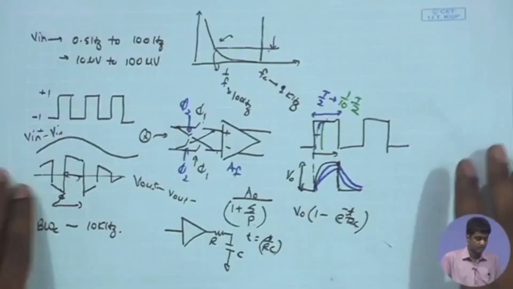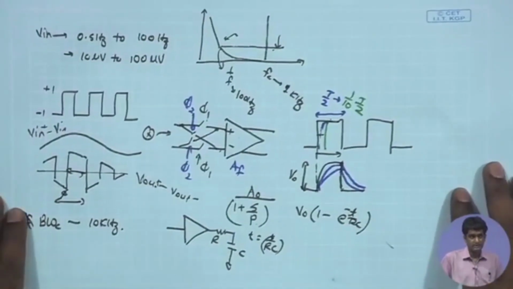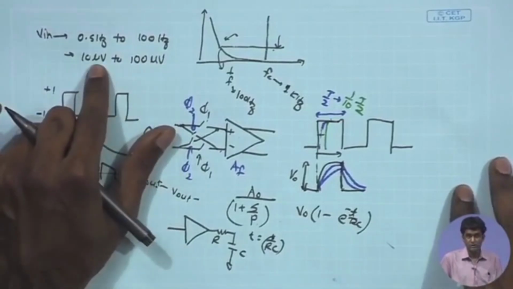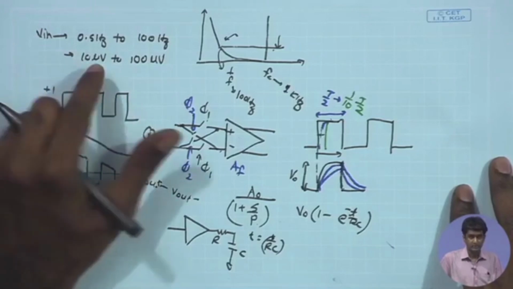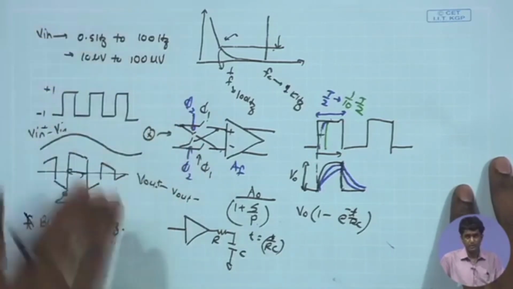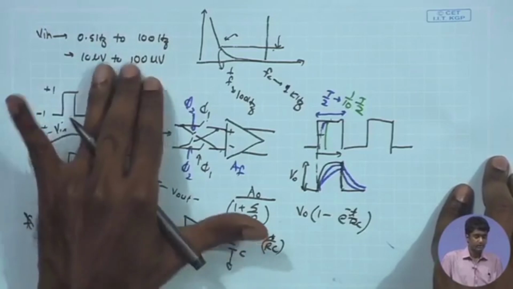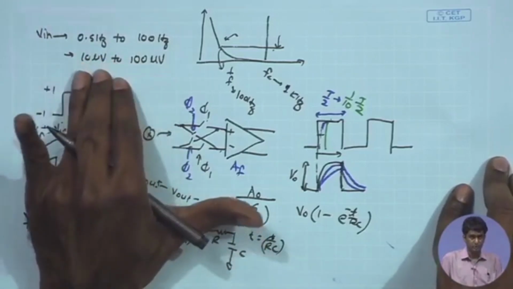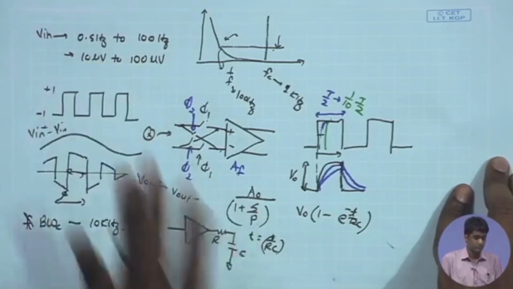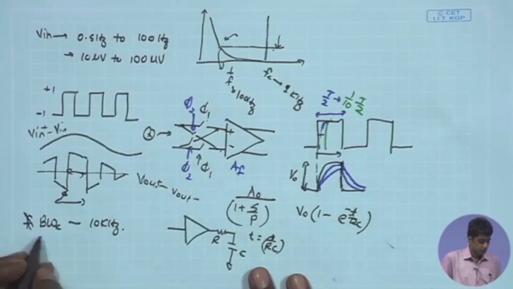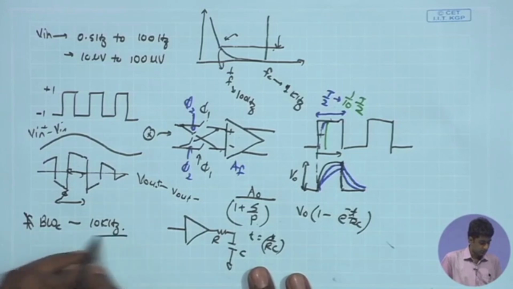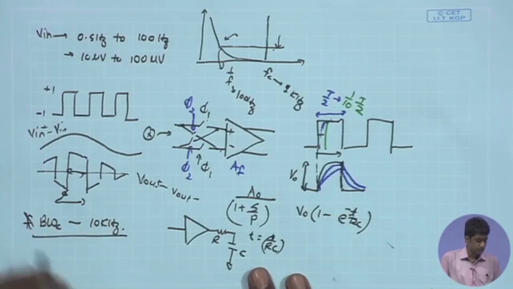If we are talking about some other signals like an ECG signal, for example, there the amplitude coming from the electrode can be pretty significant or pretty large as compared to this, it can be few millivolts. So, there chopping may not be necessary, but for neuropotential acquisition, because of much smaller input amplitude, chopping becomes very important, almost necessary. So, let us now conclude that okay, the closed loop bandwidth is supposed to be 10 kilohertz,